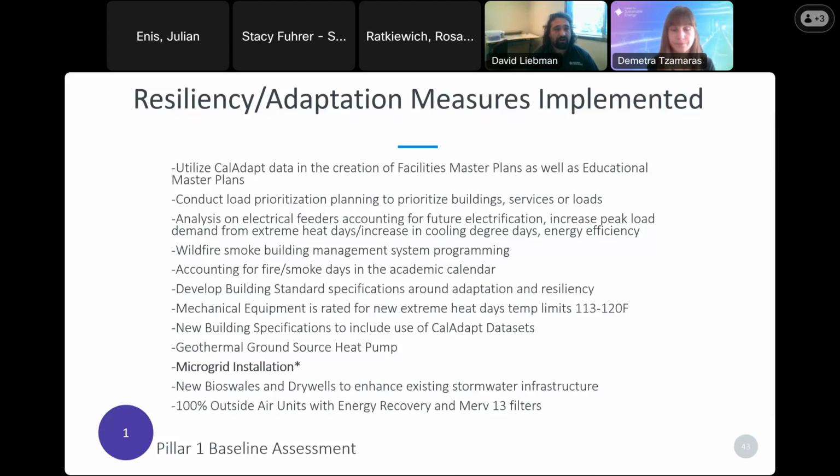And we've even found conflicts. For example, when utilizing the modeling from Cal Adapt for our main Santa Rosa campus, we can look at the increase in the number of days we'd have to cool our buildings by 2030 and 2050, and how we would then size our cooling equipment. Well, we have found that the Title 24 Part 6 Energy Pro modeling tool will actually penalize us if we oversize to that future projection. And so that's just one example of conflicts that we've found, as well as the gap in knowledge